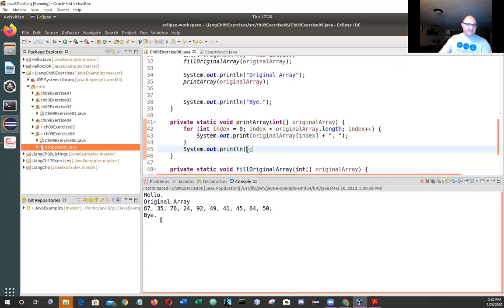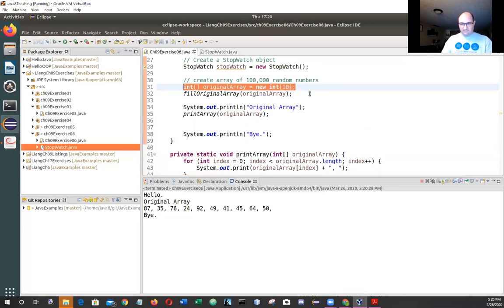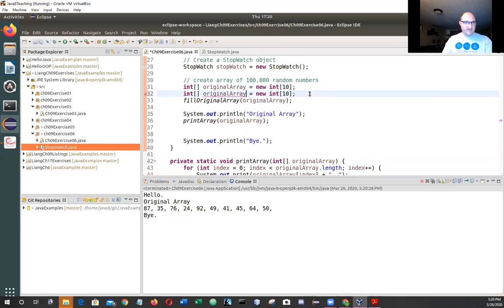So we see our sequence 87, 35, 76. And you know what? That's good, because I don't see any repeats. Relatively small set of numbers. We'll be able to see that our sort is working and all that kind of stuff. So now we can come in here and we can say original array, and now I can say